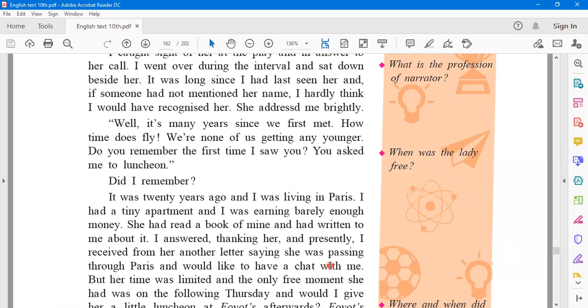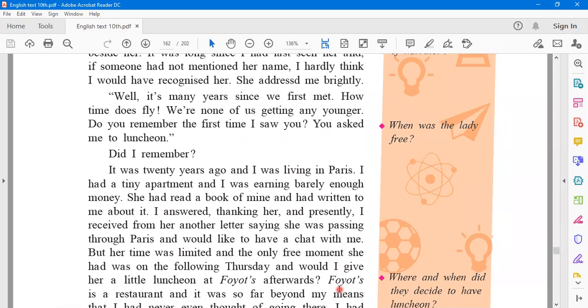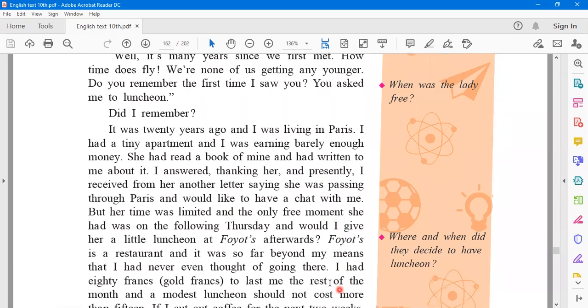Okay, so she had written a letter praising the writer for his work, and she just was passing through Paris and wanted to have an informal chat, an informal talk, with the writer. But her time was limited, and the only free moment she had was on the following Thursday, and would I give her a little luncheon at